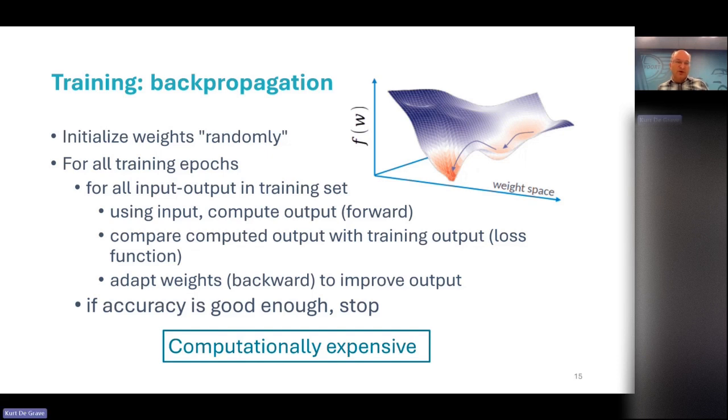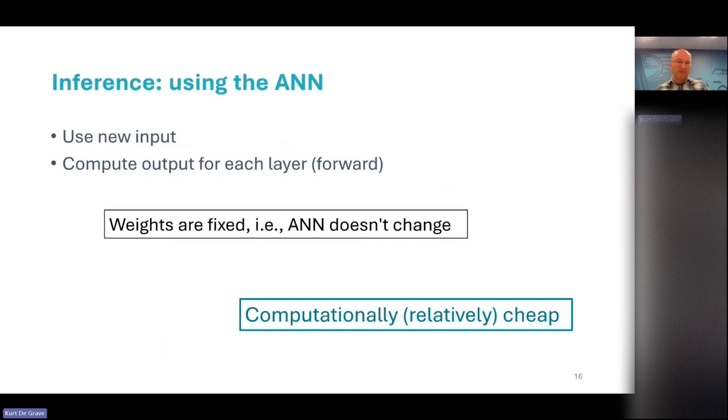So each time you take a batch of input, you give it to the network, you compute the prediction, and you compare it to the true value, and then you compute backwards. So you compute how much each weight is responsible for an error, or contributes to the loss of the output. And if you have trained enough, you just stop, of course, and training is computationally expensive.